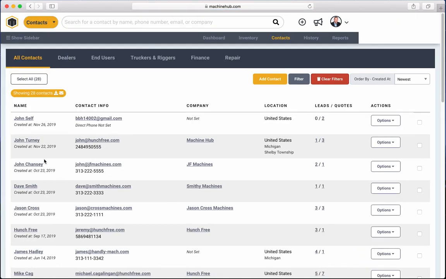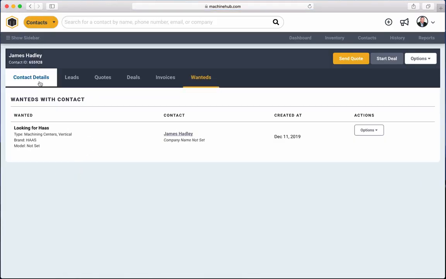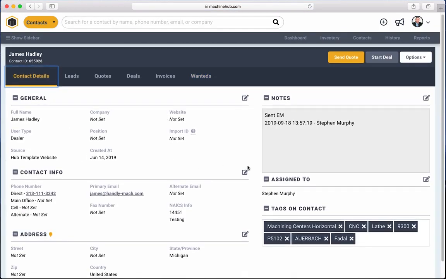So we'll go back into James's record here. Some other cool things on the contact is you could assign that contact to one of your agents. So if you only want to have your agents have access to contacts that are assigned to them, that's a setting that you could check in your company settings. And that way, that contact will only show up in their list or in their searches if it's been assigned